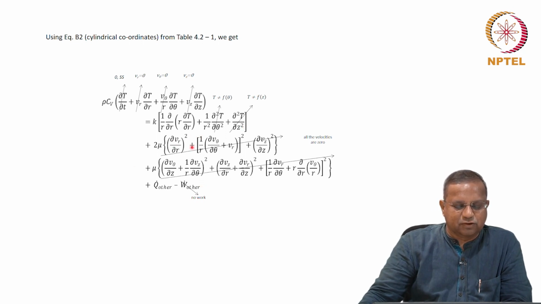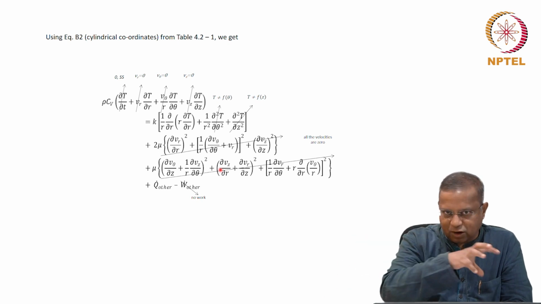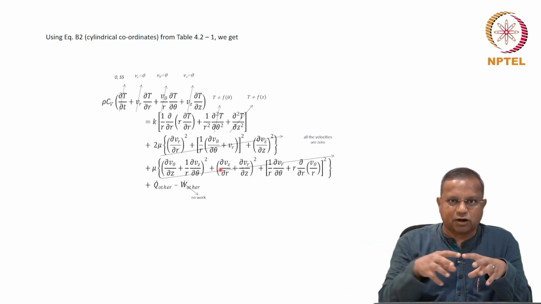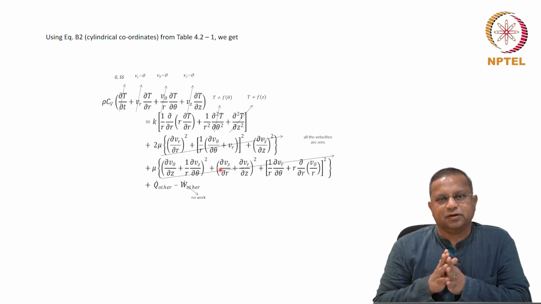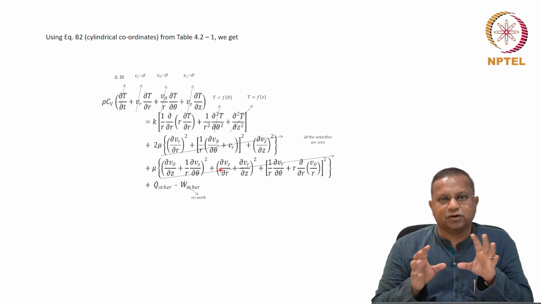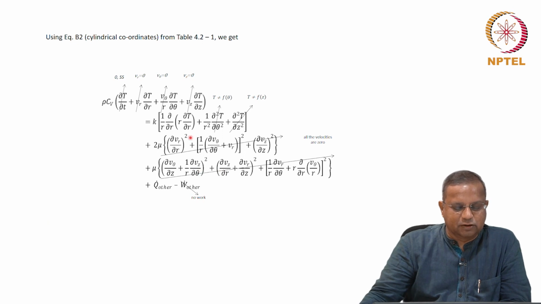None of these terms would remain because each one of those has velocity of the fluid. Vr, V theta and Vz are the velocity components of the fluid. In this case, there is no fluid flowing. The blood is not a part of the tissue. Blood is not a part of the system that we have taken our focus here, and therefore we don't have to worry about the blood flow at all. Then these two terms will completely drop out.